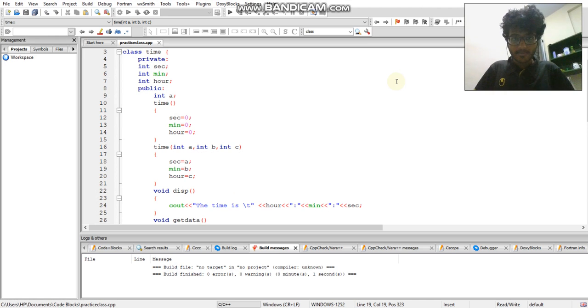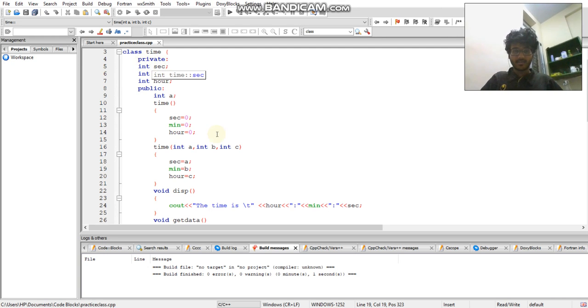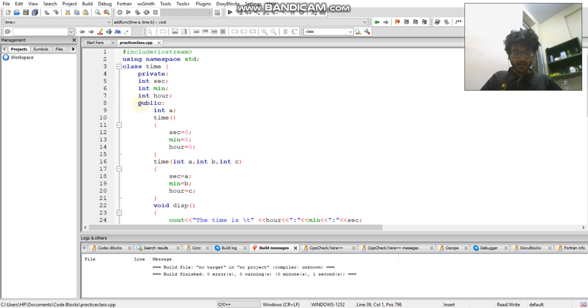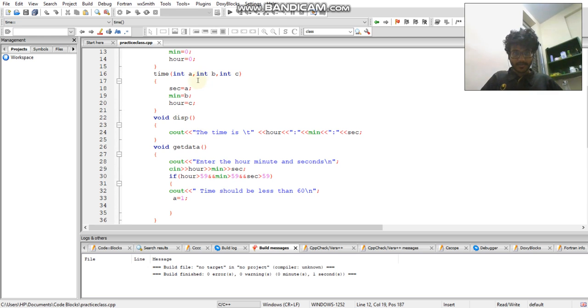Now my second program is based on passing objects in functions. What this program does is it accepts the seconds, minutes and hours, and it has a function called addFunc which accepts the objects and adds their variables. As you can see, I've created a class Time. In this, there's a constructor to initialize it to 0, a parameterized constructor, and a display and a getData function, which gets